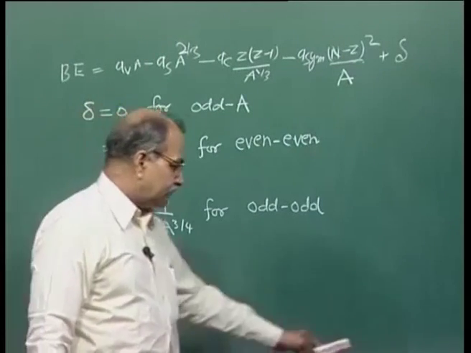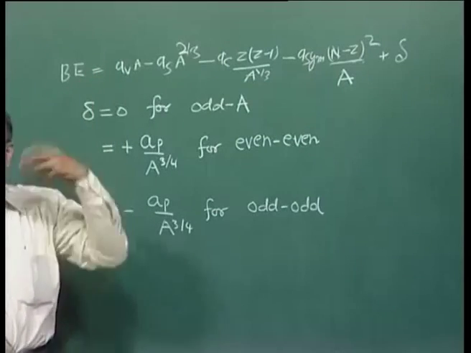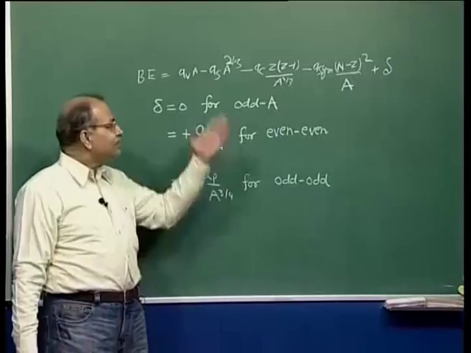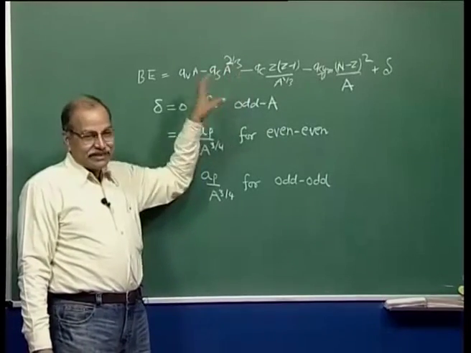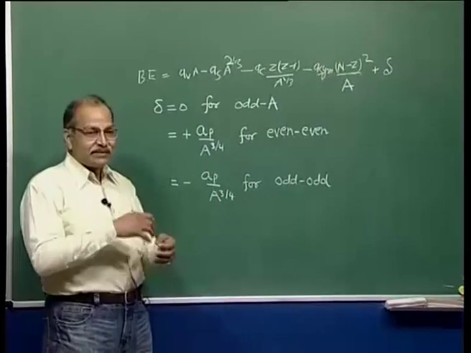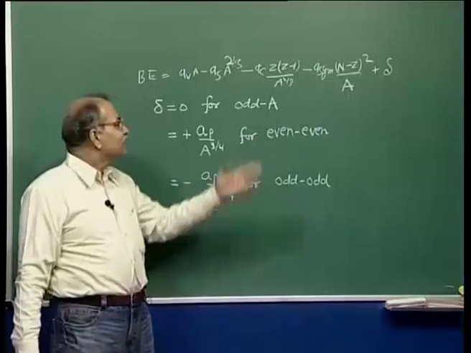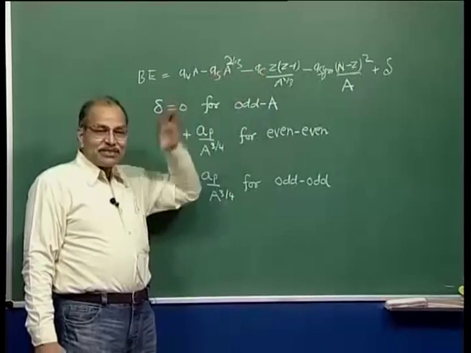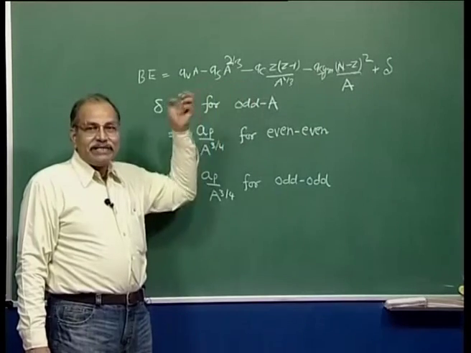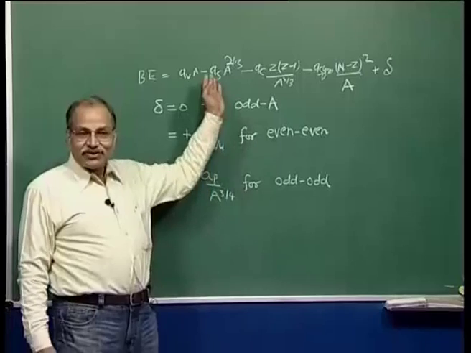Now, the values. So, this is some qualitative arguments and some calculations results in this. Some qualitative argument, it should be proportional to the number of pairs and in the neighborhood, and therefore this, and there are surface nucleons, therefore this, then Coulomb. So, there is some qualitative argument, some calculations also, but it is not very rigorous, from very first principle we are deriving it, it is not like that.